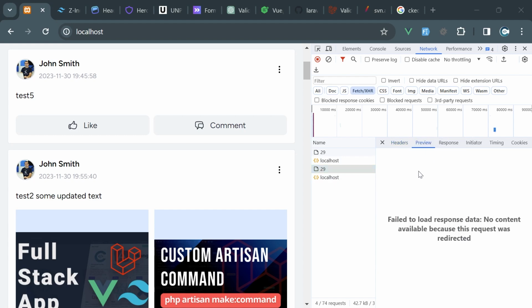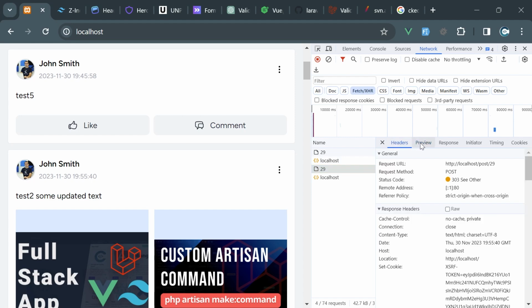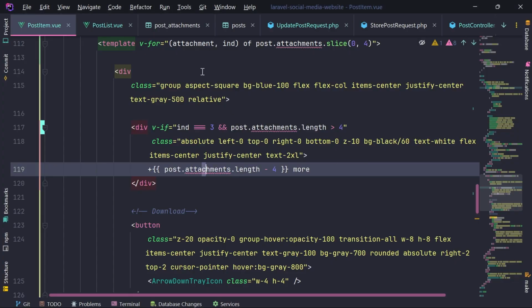I don't see what we are sending, which is not ideal. This is what I don't like while I'm doing this inside Chrome. This is why it doesn't show me the payload. This is a POST. It should have some payload, right? It has payload. But because it returned with some sort of redirect, it doesn't show me the payload. Okay, what I will do is just go into